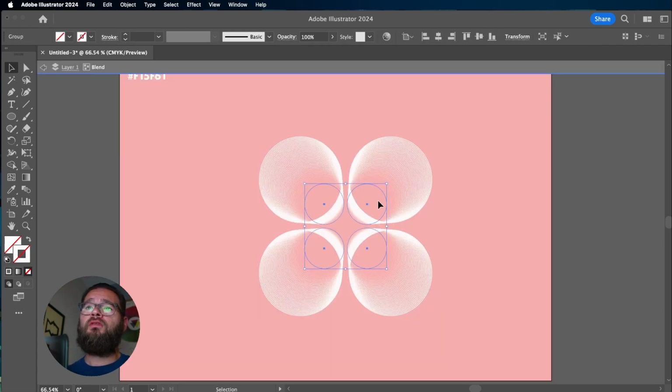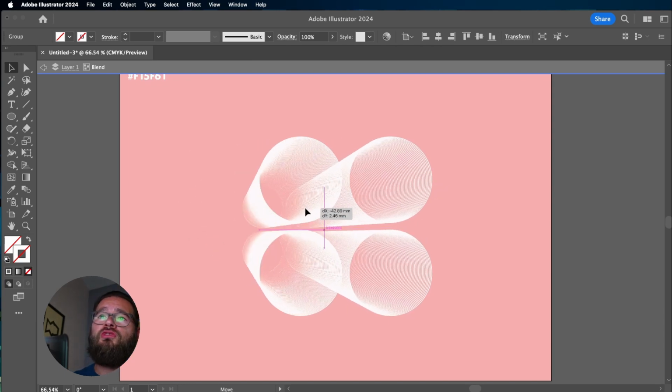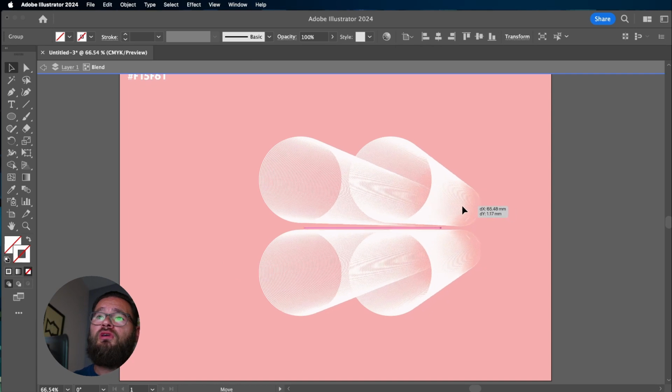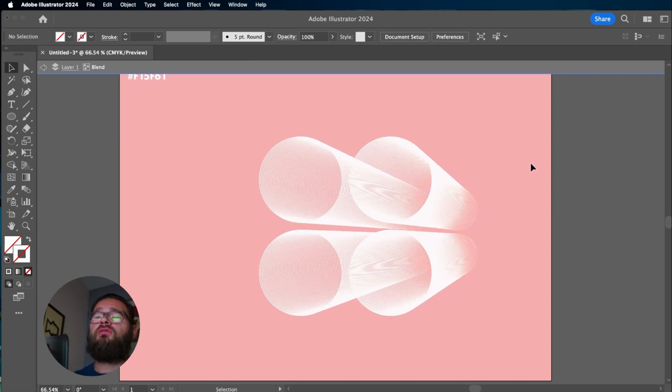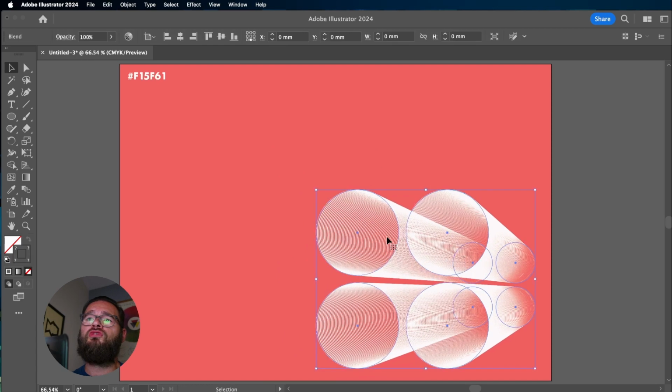The next thing I'm going to show you is what happens when you move this stuff around. You can just move it around like that, and it gives you that sense of depth. The blend tool is more like a metamorphosis from one object to the next. So if we were to move this to one side,